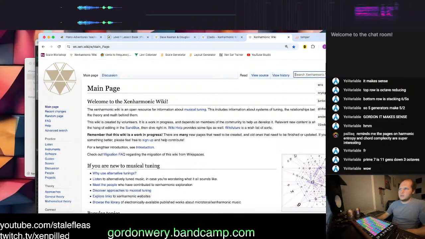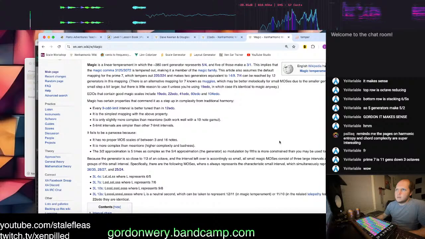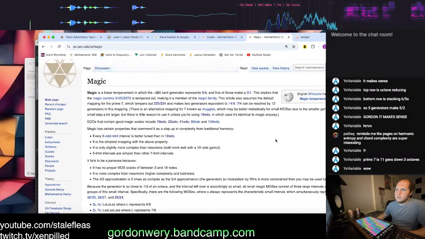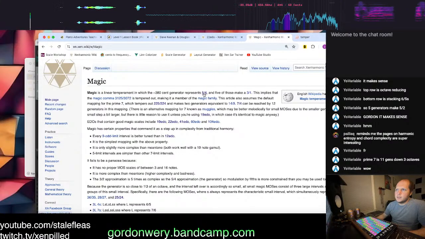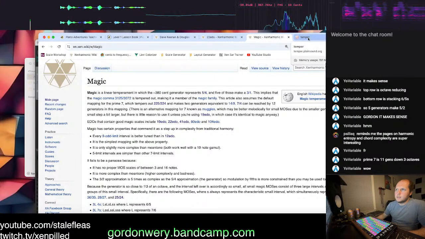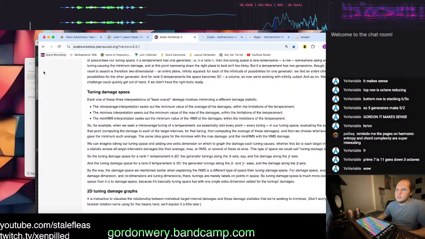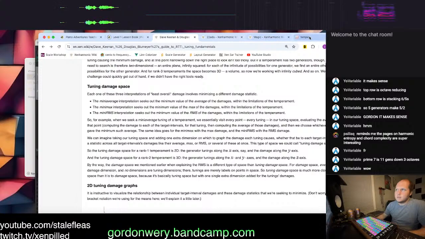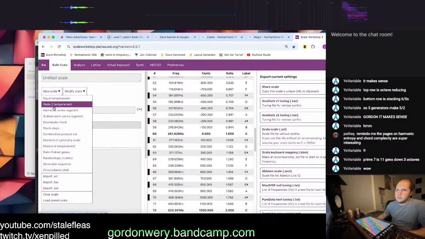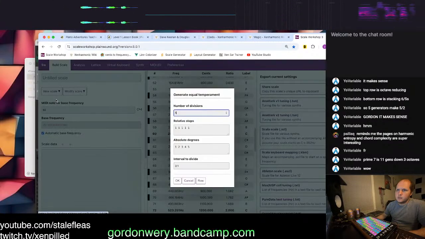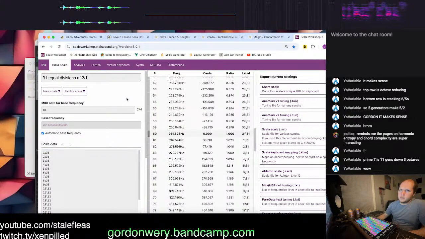But some can work very well as a keyboard layout. Magic temperament is basically something you can mess around with on Scale Workshop. I think 41 is a pretty good tuning of it. So you could go 41 EDO, and then I think it would be vertical 13, horizontal 2 on Scale Workshop. This is actually kind of what the kite guitar is based off of, because the kite guitar